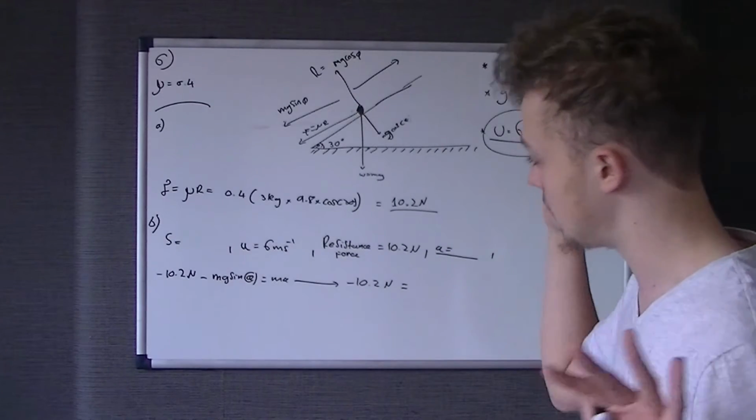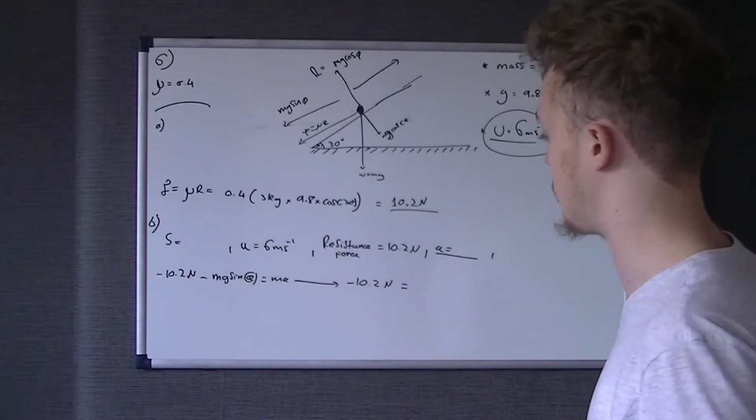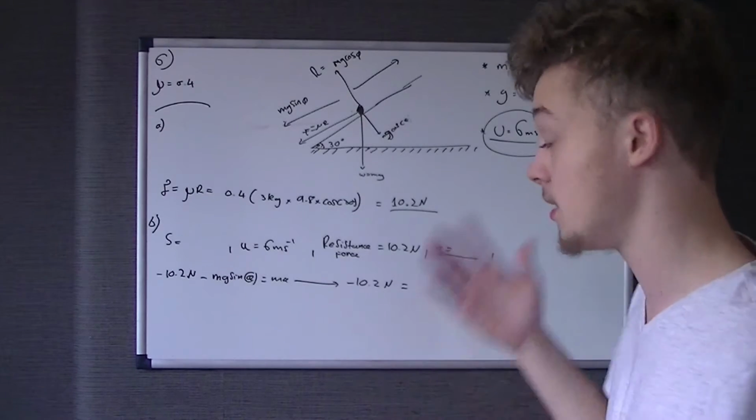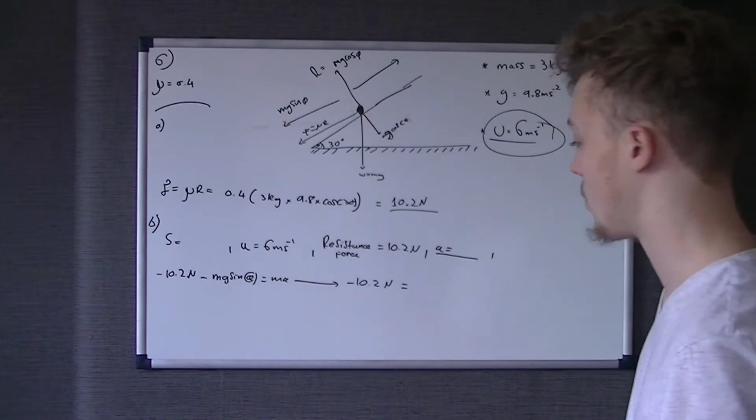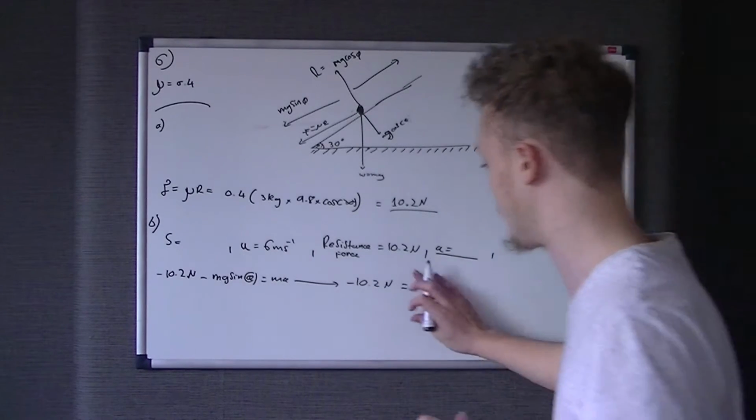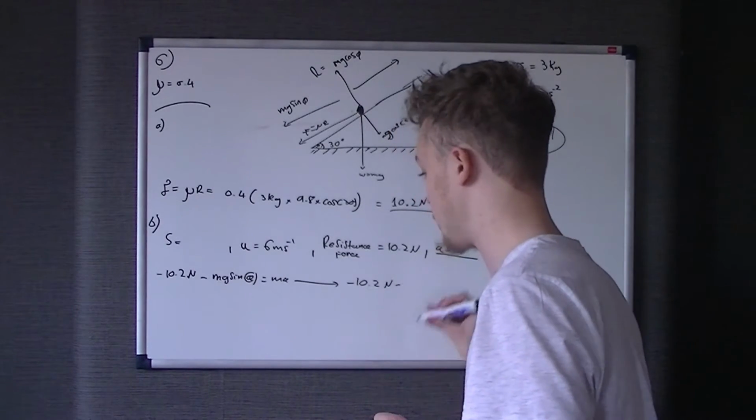As I said, the forces are acting in the opposite direction to motion, and they're both acting in the same way, so we just make them negative, okay? So hopefully that's explained why we've got this weird business going on here. Okay, so it's minus 10.2 newtons, take